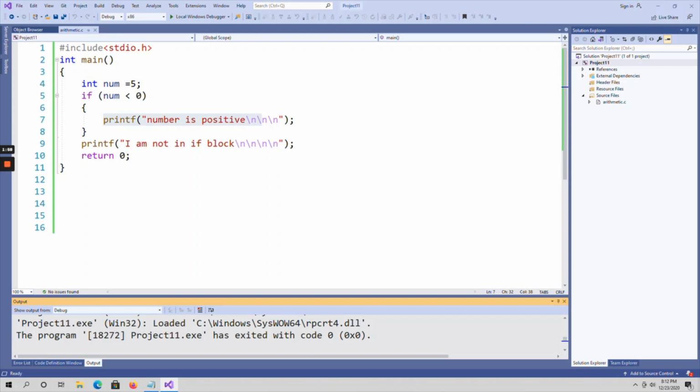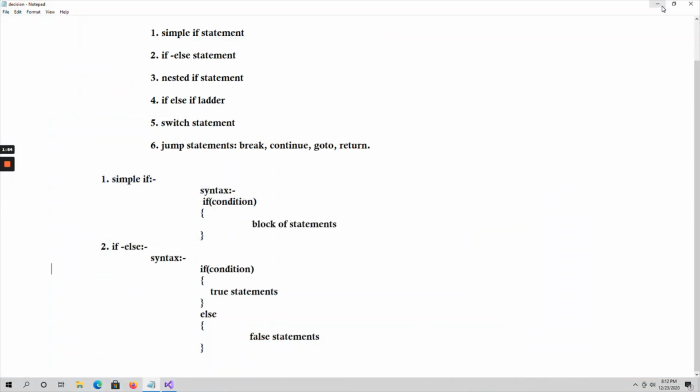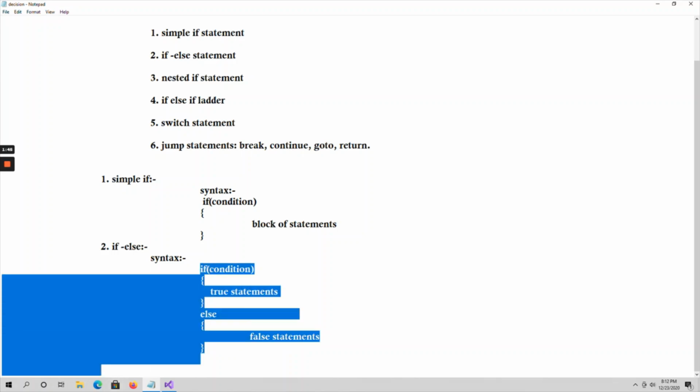Okay, now see here, the next one is the if else statement. Okay, the syntax for if else is if condition, true statements. That means if this condition is true, then it will execute this block of statements. And else, so when does it come to the else block?